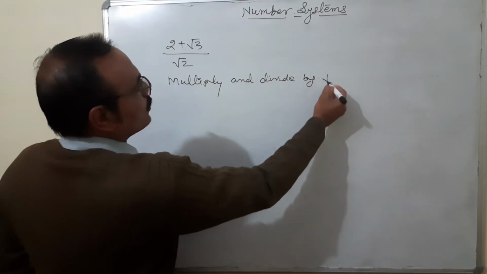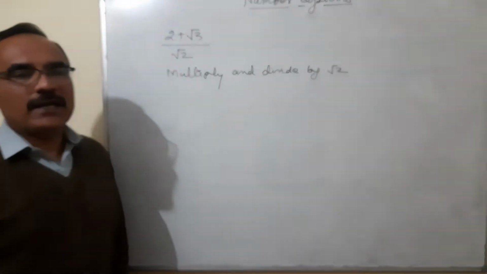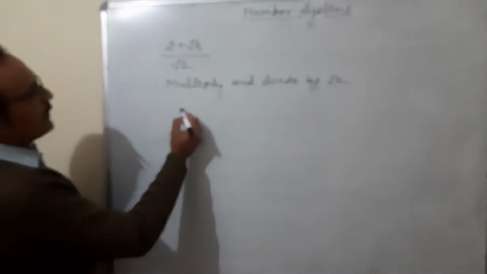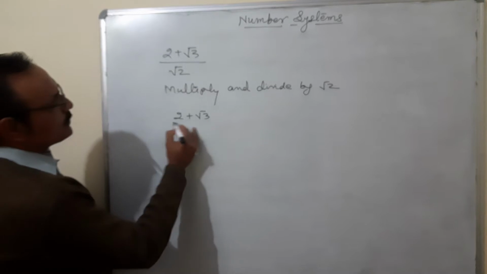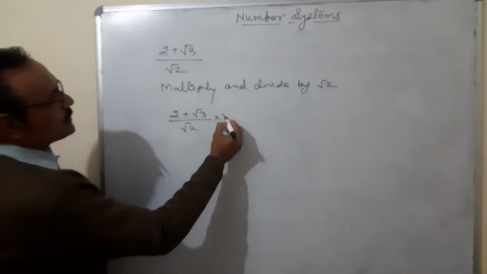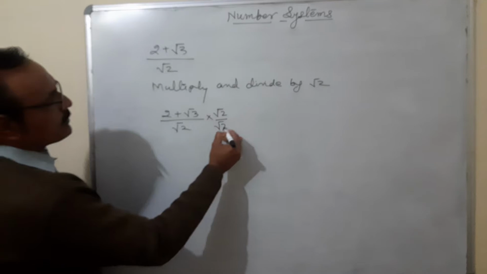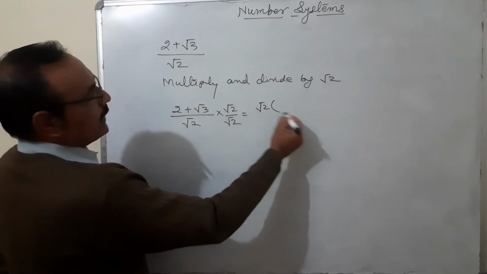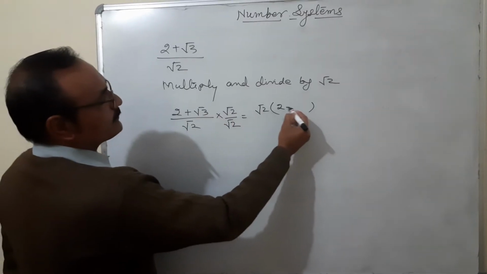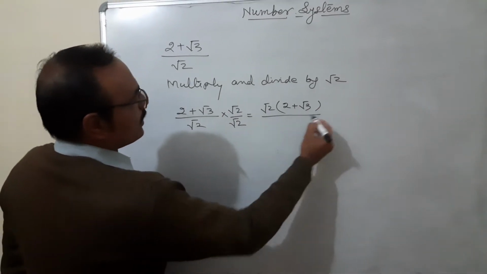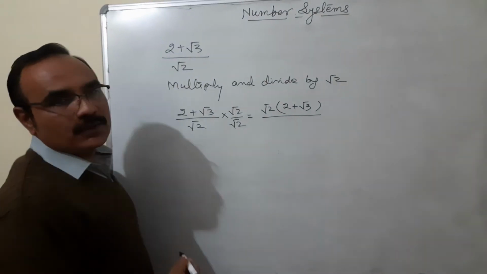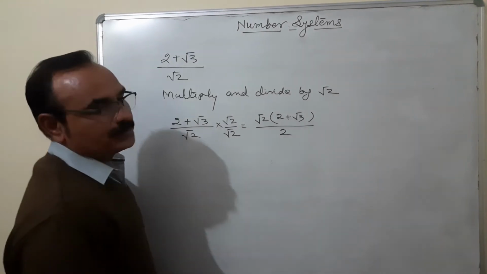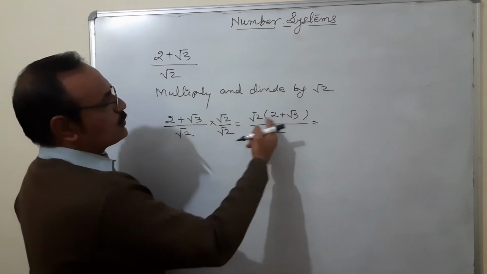by root 2. Multiply and divide by root 2, the number which is in the denominator. If I multiply, then you see what happens. Root 2 is divided and root 2 is multiplied. Now this number becomes root 2 as it is in the bracket (2 plus root 3) upon root 2 multiplied by root 2. That means root 4, and root 4 is 2. So the value is 2 root 2